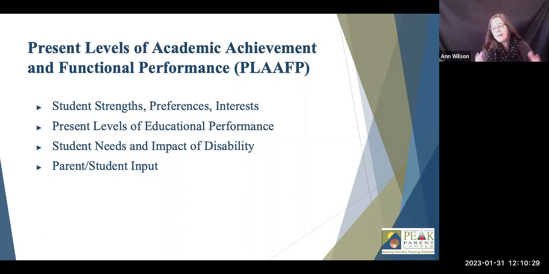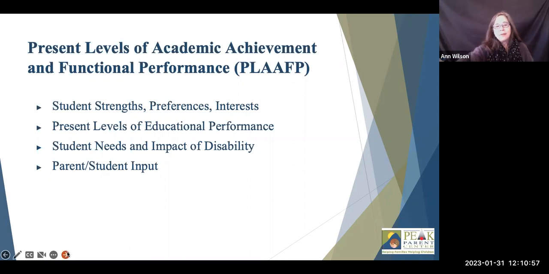When my child was younger, I used a website called I'm Determined. It's imdetermined.org, and they actually have a nice little graphic that you can use that has a little table with strengths, interests, preferences, and needs. And so we would actually find pictures and place them in there, and he could present that at his IEP meeting. So there's lots of different ways to get student input, but don't forget that it's parent and student input,